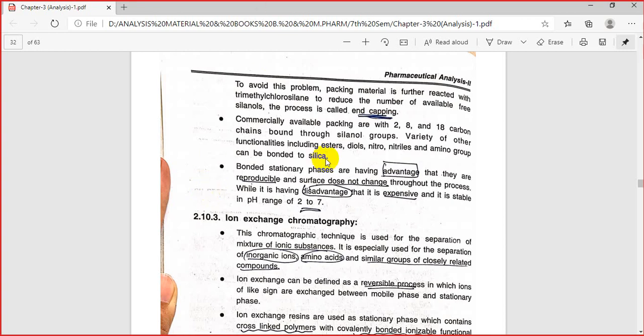So, are all able to understand this partition chromatography, what end capping is, why this silanol stripping occurs, and how this stripping can be